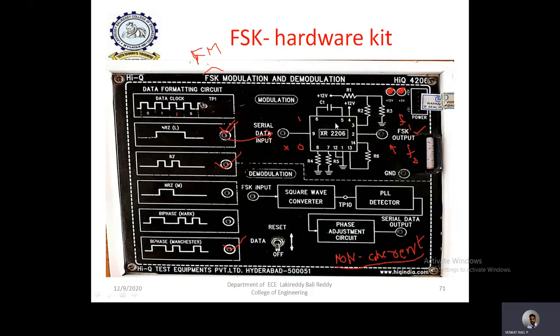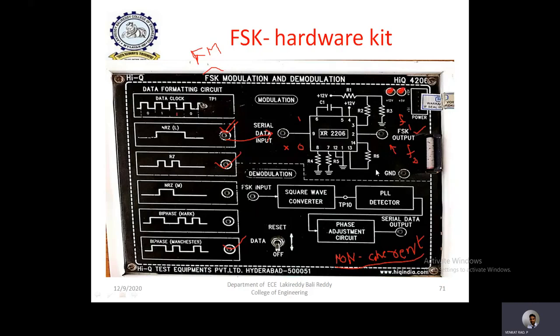So the total thing is designed by using an IC circuit. Here the output of FSK is simply obtained at this particular pin. Whenever the input is 1 in the bit sequence, the FSK will automatically produce the carrier signal with frequency F1, that is the high frequency or mark frequency. Whenever the input is 0, it will produce the carrier with frequency F2, that is the low frequency.